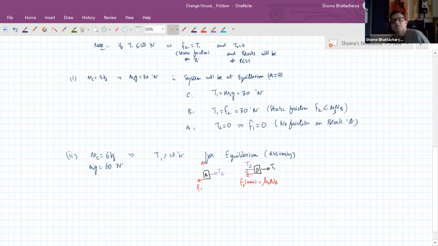Okay. So acceleration is still 0. Okay. So assuming equilibrium,